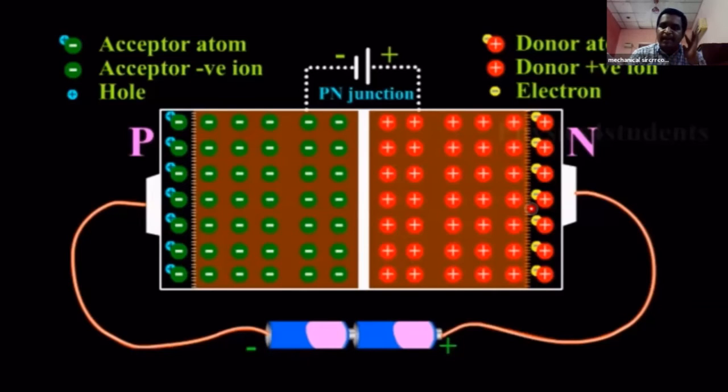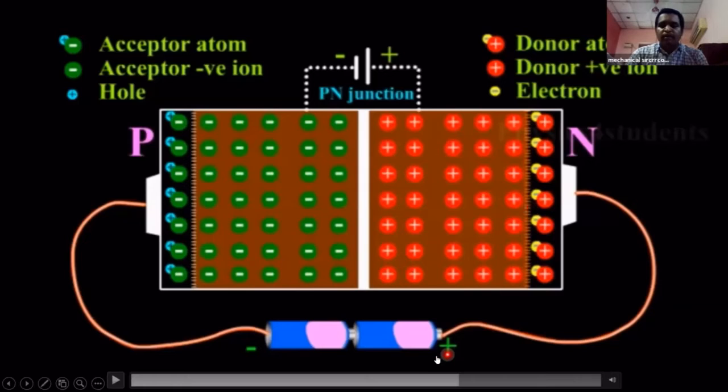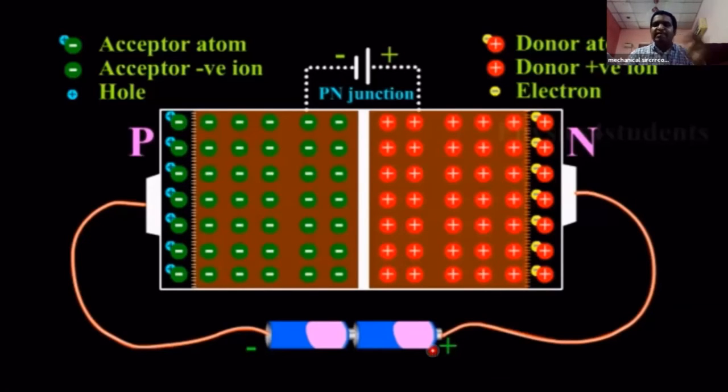A high current moves across the junction because of breakdown voltage. The breakdown voltage is called the Zener voltage. This is a special case. First remember that in forward bias, the diode acts as a conductor. In reverse bias, the diode acts as an insulator. This is fixed first. In the special case, if you apply more voltage in reverse biasing, if you cross the limit of voltage,